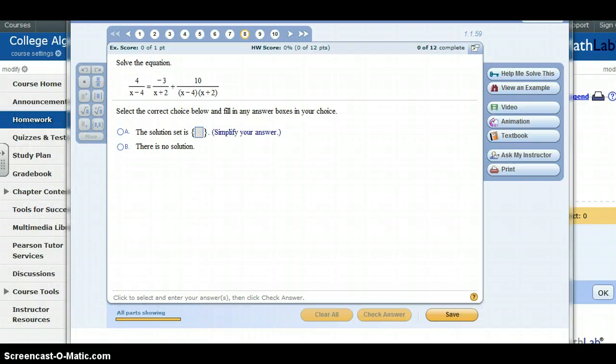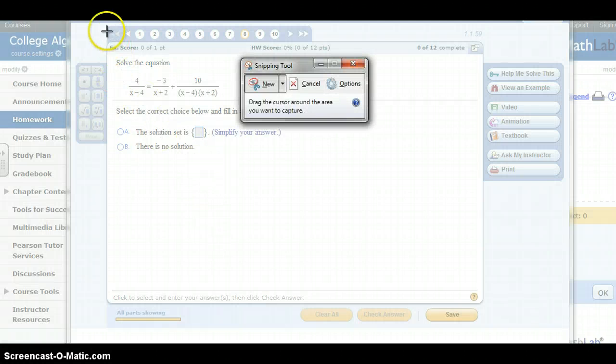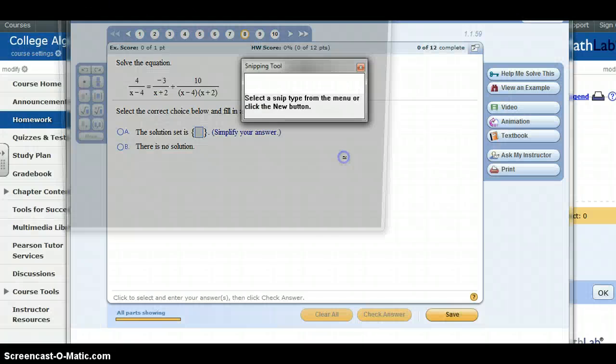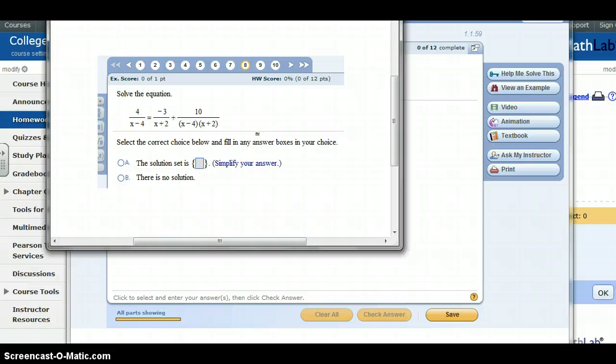I have mine already down there. So once you have this in your toolbar, you can use the snipping tools by clicking on it, grabbing the entire problem. This will save it into your clipboard. You could either save this as a PDF file or an image, JPEG image,